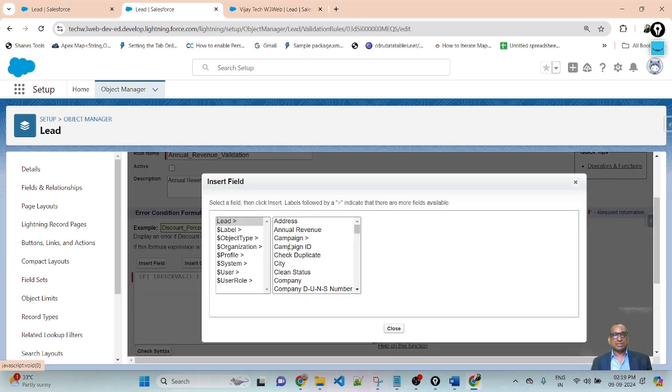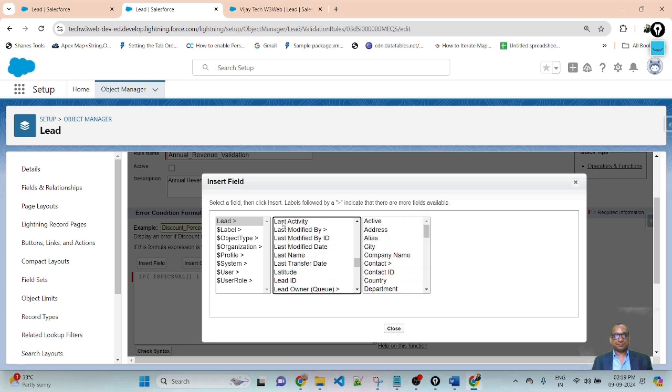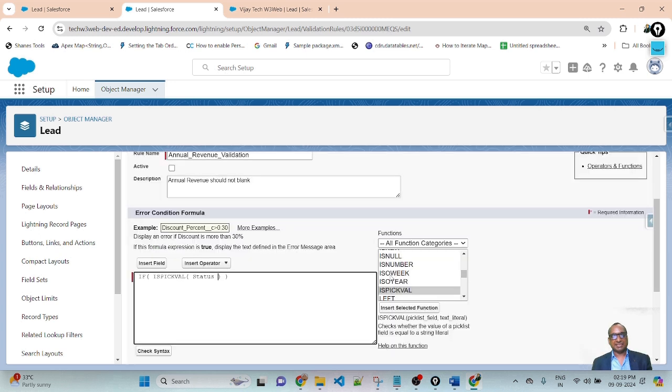Search for your field name here, Lead Status. This one, Lead Status, insert, comma, and here pass the value.